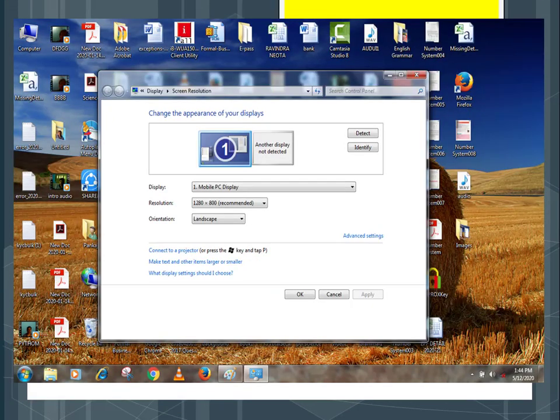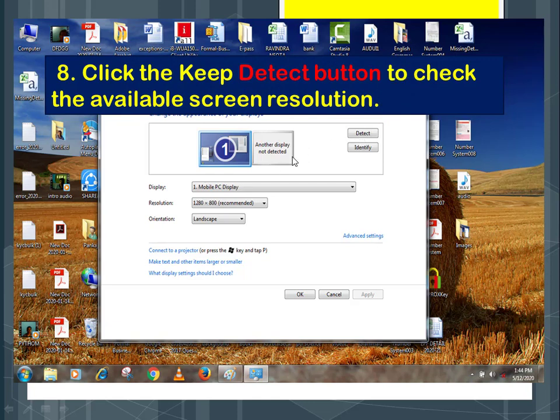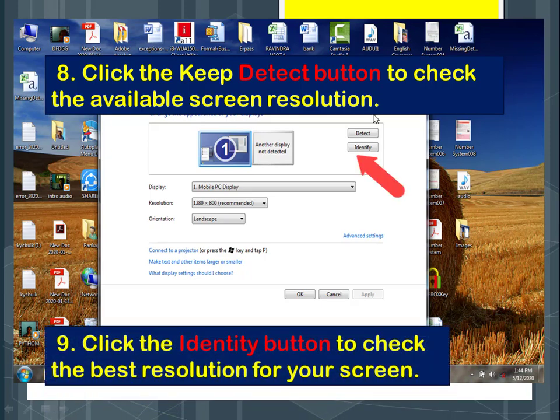If you want to search for more resolution settings, you can just click on the detect button here, and you will be shown here another display not detected. If there are some other screen resolutions, they will be shown here. And if you want to identify the best one, here one identify button is there. You can click on that identify button to check the best resolution for your computer, and it will be shown